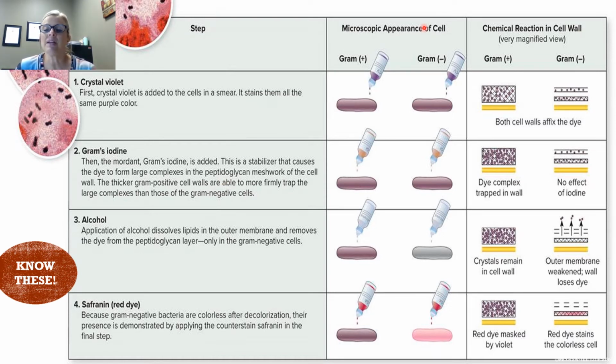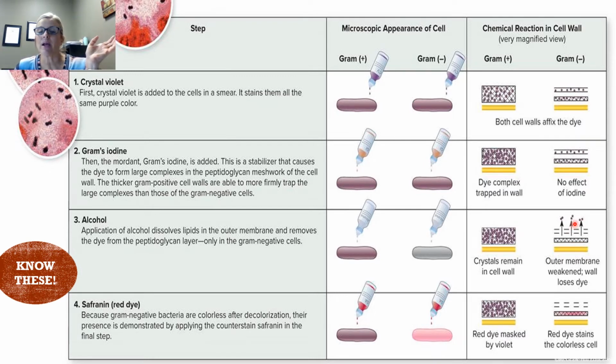It gets trapped in the wall. Okay, and so that iodine's not going to make it stick in the gram-negative bacteria, though. So we're going to then decolorize. That is our third step. We're going to add alcohol. Okay, alcohol is going to actually dissolve that outer membrane in gram-negative bacteria, and so then the purple color goes